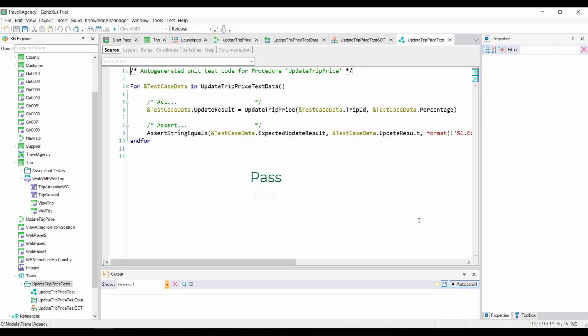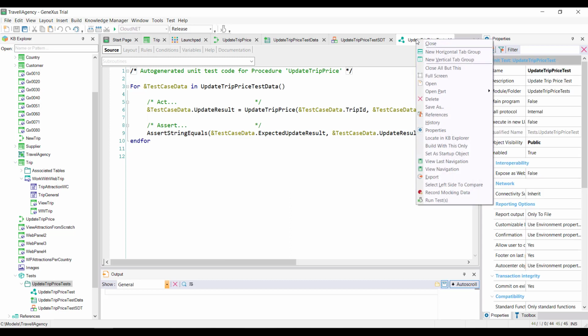And if there's any difference, the test fails, and an error is reported showing an associated message. Here we're using the assert string equals function to validate the result since the result is a text. But it's also possible to use assert bool equals to compare booleans, or assert numeric equals for comparing numeric values.